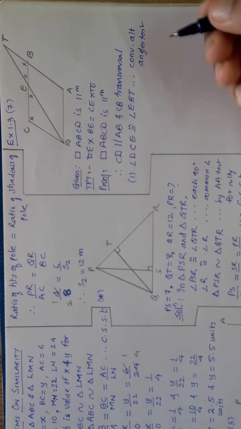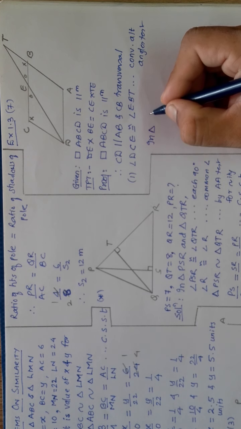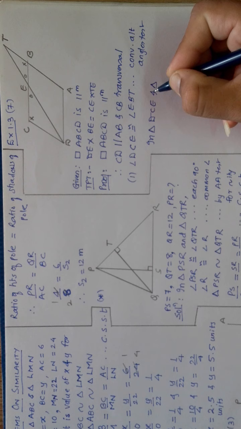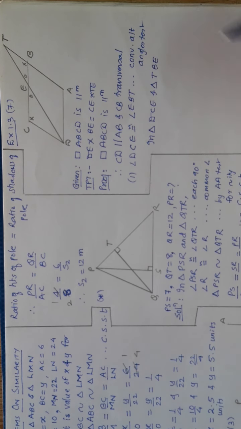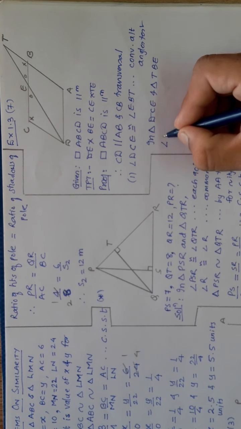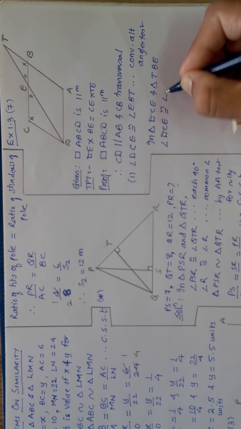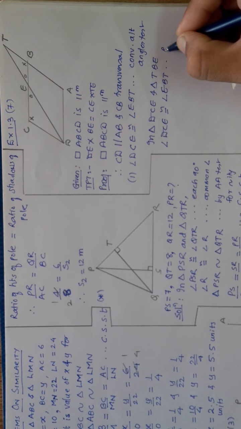Now you have two angles, it is sufficient to show two triangles similar. So in triangle DCE and triangle TBE, here we have the very first thing, the first content will be of the first triangle, that is DCE is congruent to whom? EBT, and this has come from where?